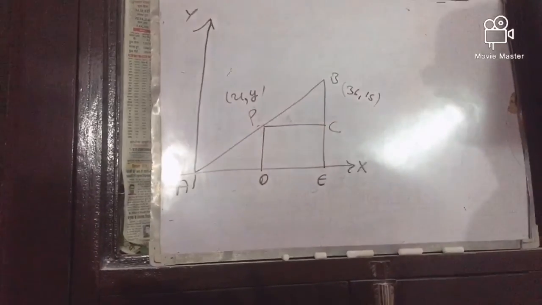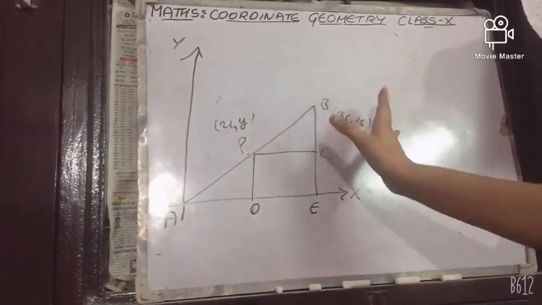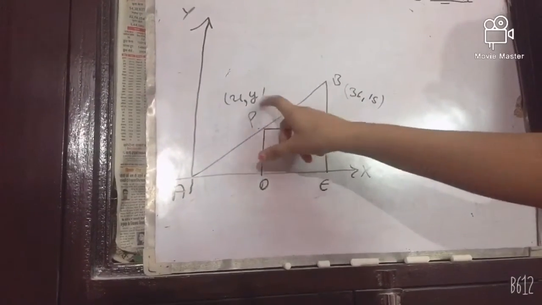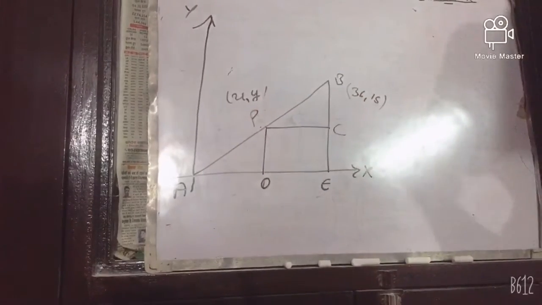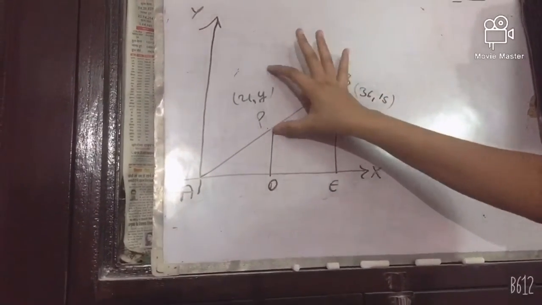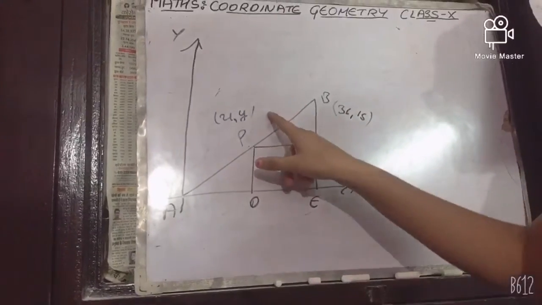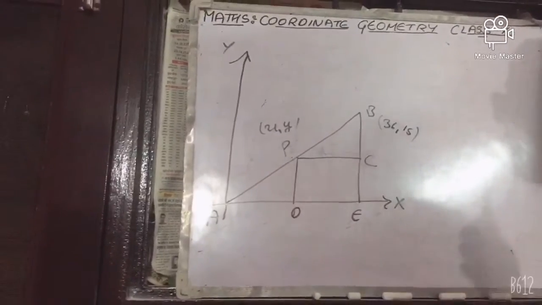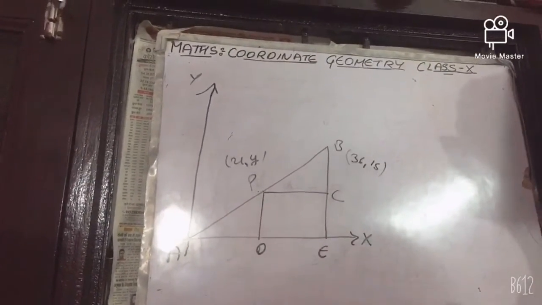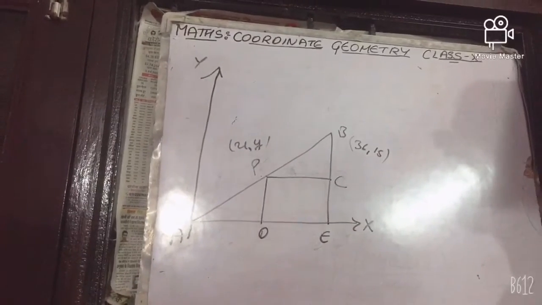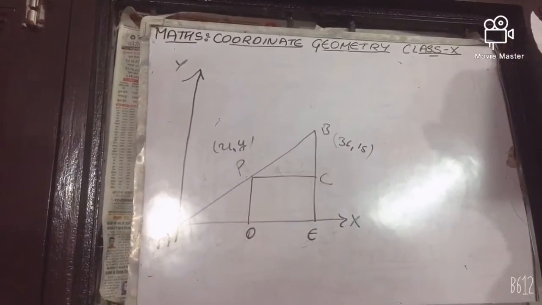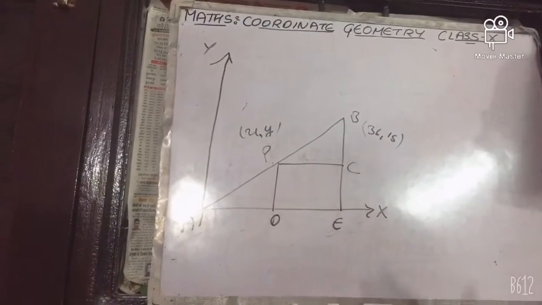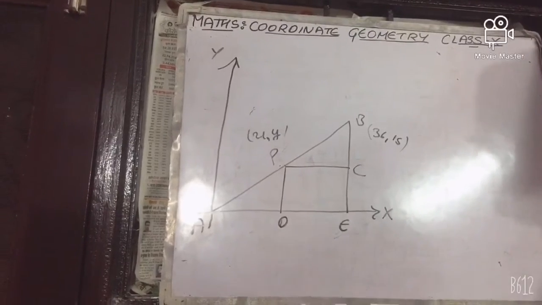Of section formula. So here I think you have understood while seeing this line AB, as P is the point here and X and Y are given, so you have understood that we have to find the coordinates of P. So to find this we apply the section formula that I have told you earlier when I was deriving the formula. So this is an easy topic and I hope you have understood. And now I am giving some questions, explaining some questions to give you practice. 2-3 questions I am giving you.